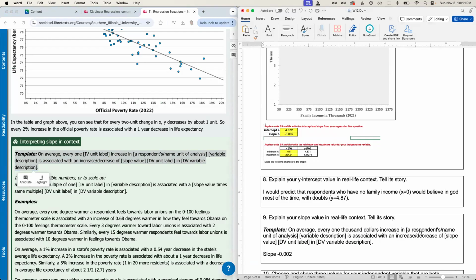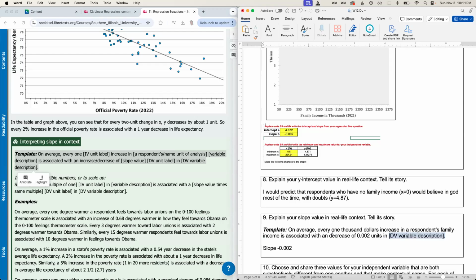That's what a 1 unit increase is in a respondent's family income. So every 1 unit increase in X is associated with an increase or decrease of blank in Y. We see this is negative, so it's a decrease of 0.002 units